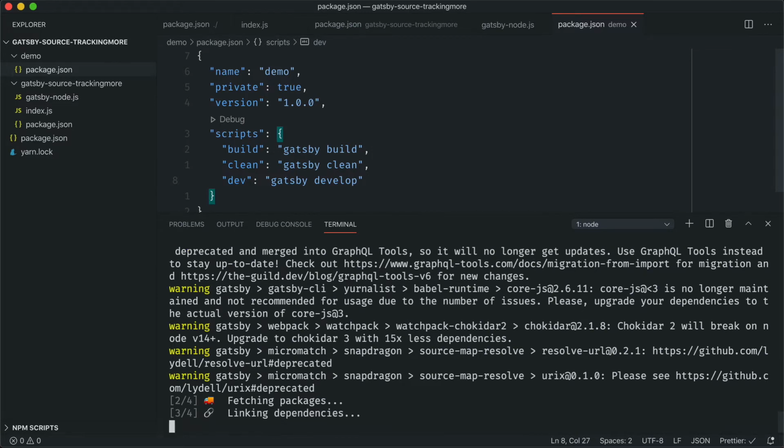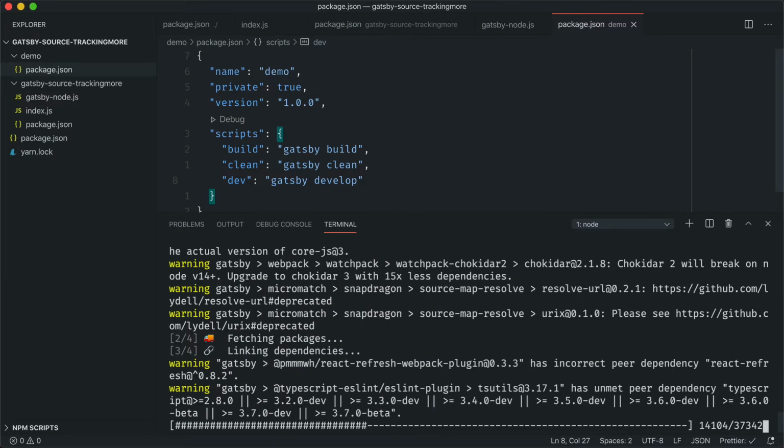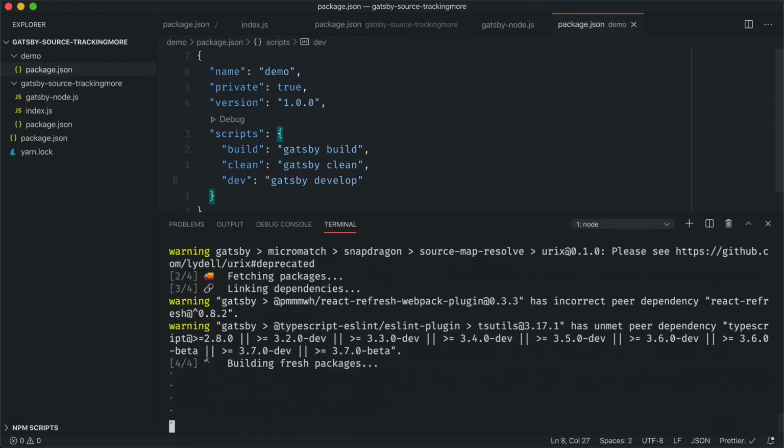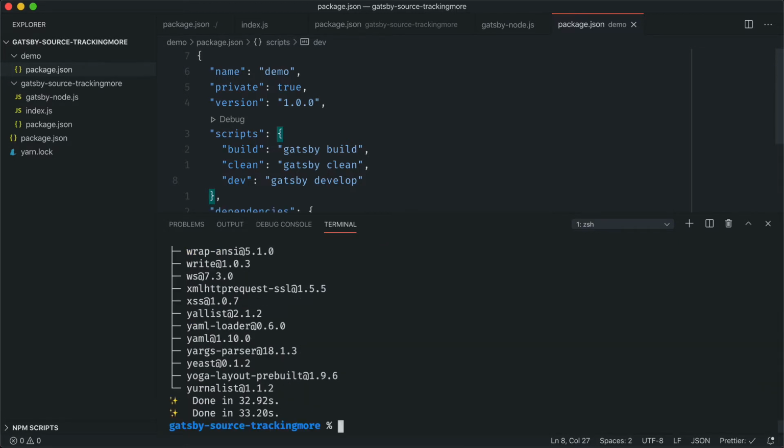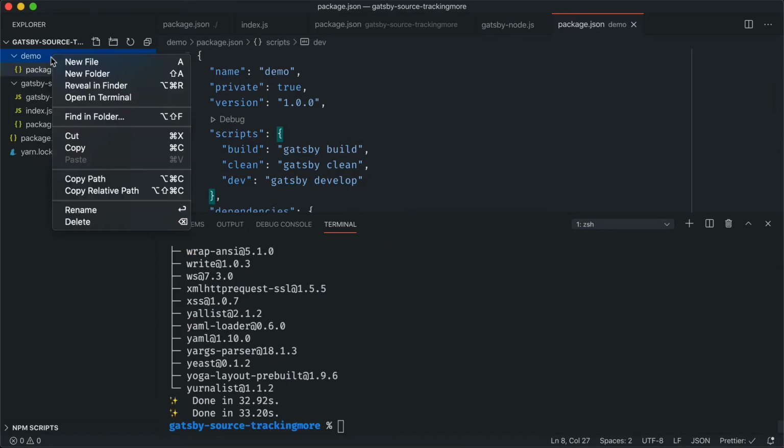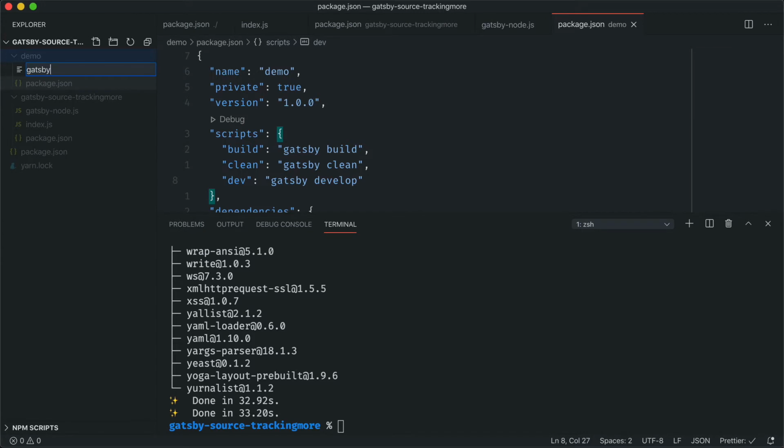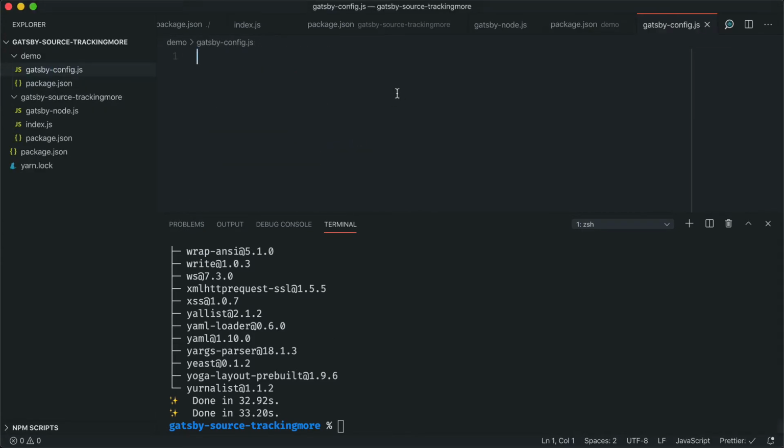When those have installed, let's create a new file inside the demo directory. We'll call this gatsby-config. Now we've installed the dependencies, we'll add the Tracking More package, Gatsby, React, and React DOM. So next we just need to tell Gatsby to use this plugin, and so inside of the gatsby-config file,